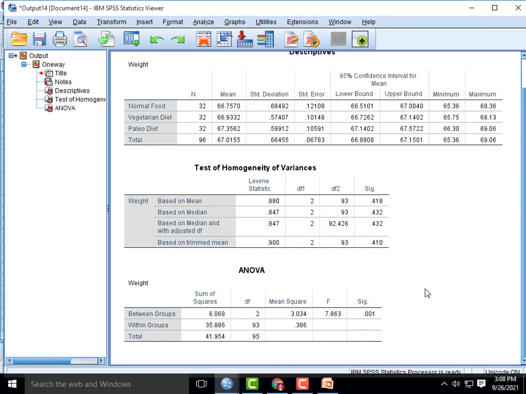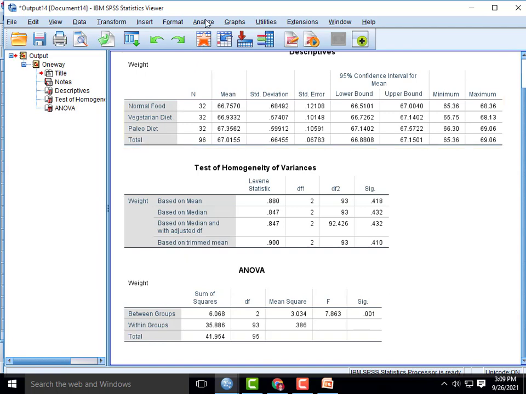Here we reject our null hypothesis, which means the groups are having a difference. Now, since the groups are having a difference, we have to find out which groups are having a difference among each other. In such a case you want to apply post hoc tests.